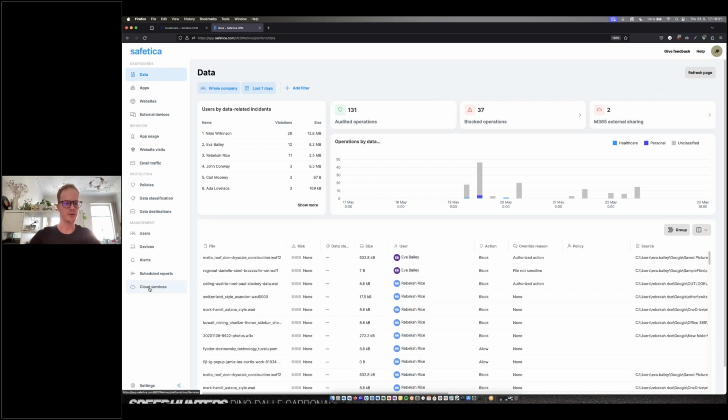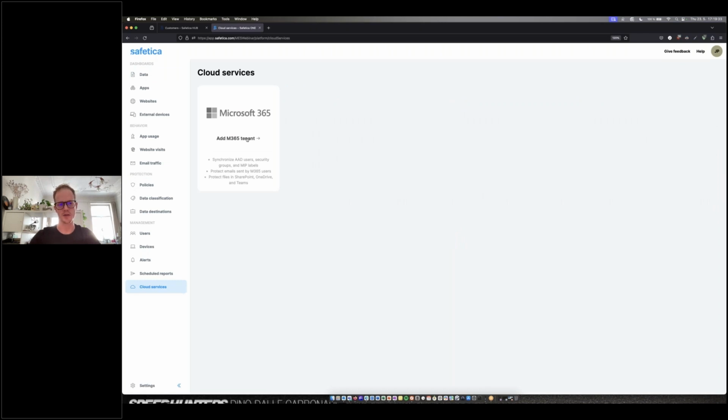And one thing I'll do first is go to this cloud service section here. We don't have this set up in the environment right now, unfortunately, but this is our 365 tenant, and this is used to synchronize AAD, for example, as well as to hook into Exchange, SharePoint, OneDrive, Teams, what have you, within the 365 environment to ensure that we are monitoring everything that's going on up there, and to put in some restrictive policies if needed for information being sent from the 365 environment or things along those lines.